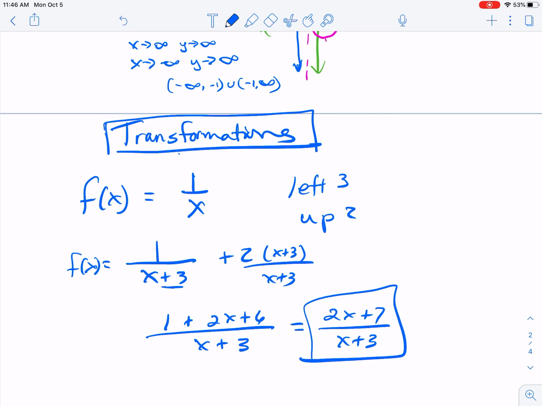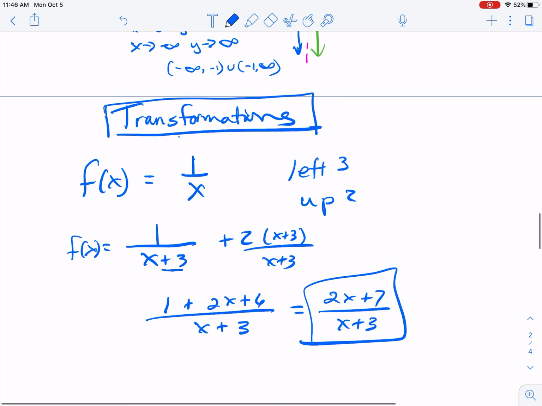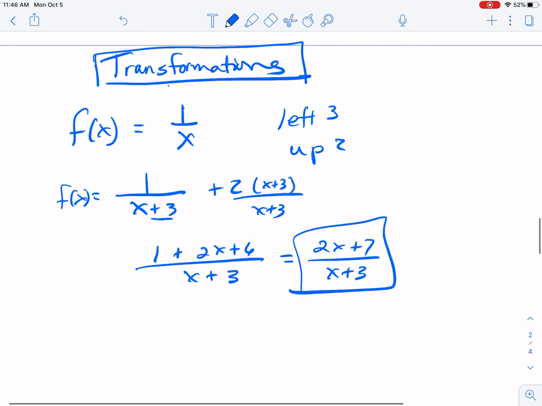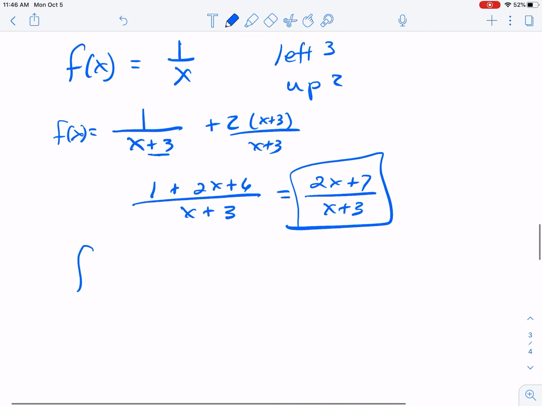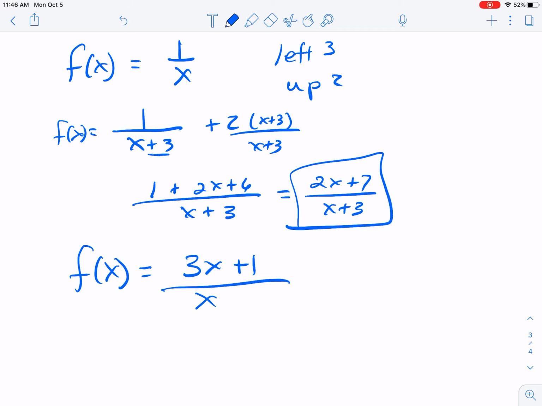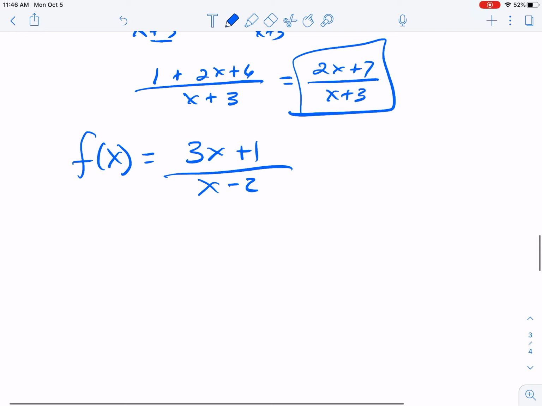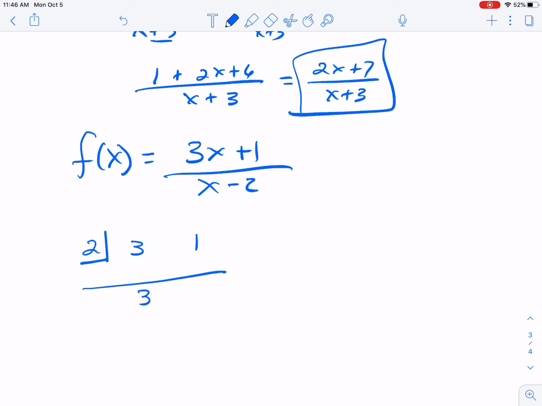Okay, well, what happens if they gave you the equation first and they wanted you to find the transformations? So this time they gave you this over x minus 2, and they want you to find the transformations. Well, you divide. You do 3 and 1. You bring down the 3. You get 6. 6 and 1 is 7. So remember that what's left over